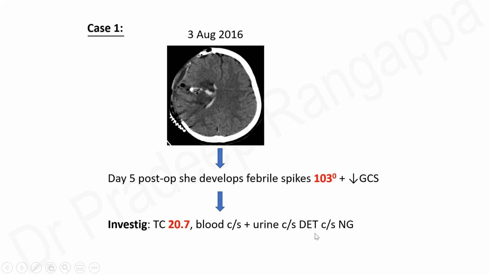This is the time that one would have to look at what are the causes of fever. As you know, friends, in ICU whenever there is fever, we do start antibiotics fairly quickly. But it is also extremely important to ascertain where the source of possible infection is, or whether it's a non-infectious cause. As you see here, the total count is high, indicating possibly there is an infection. Fever of 103 is something we cannot ignore. And the blood, urine, and DPT were all negative, which basically says there's no bacteremia, urine is not the source, and DPT is also not the source. Which means the lungs also are pretty clear.